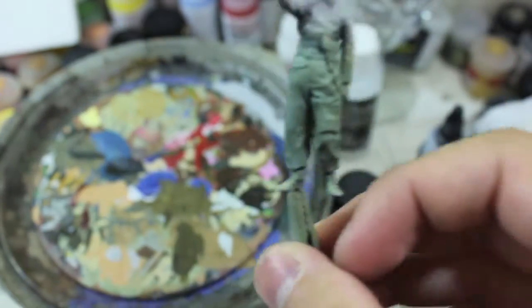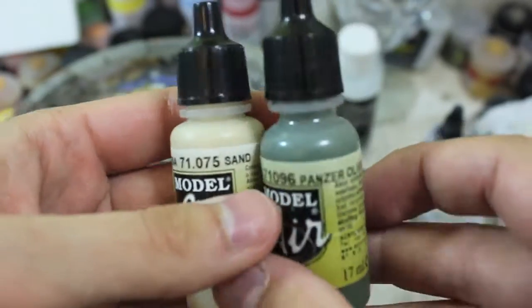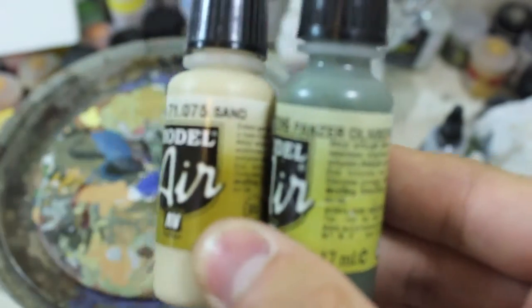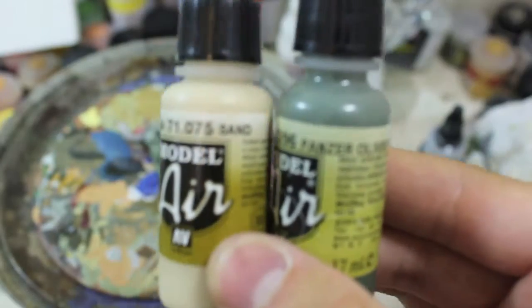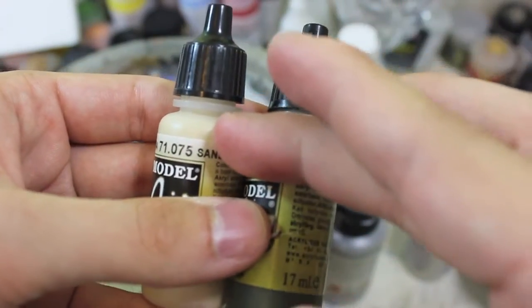Now for those highlights, as always, I gradually phased out the colors that were used in the shadows. So the initial highlight was a mix of all of these with almost none of this. And then from then on, it was just these two. And I gradually added drops of this in